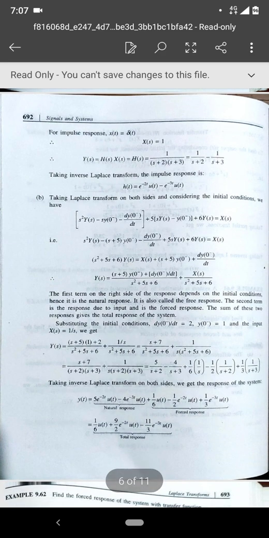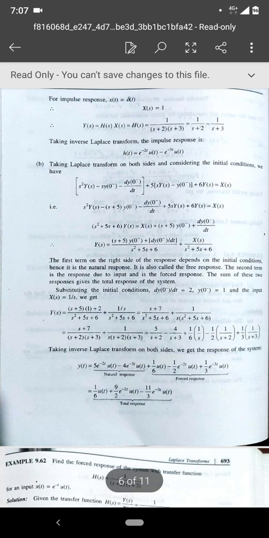So X of s is 1 by s, since the Laplace transform of u of t is 1 by s. Substitute that and find Y of s. So you will get such an equation there. Then you can find the expansion using partial fractions, take the inverse Laplace transform, and you can see that